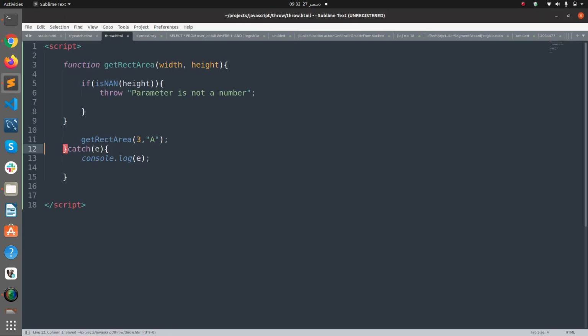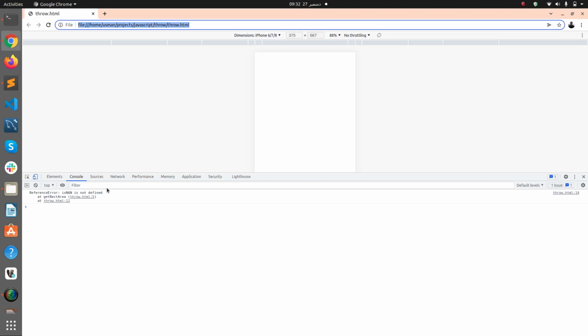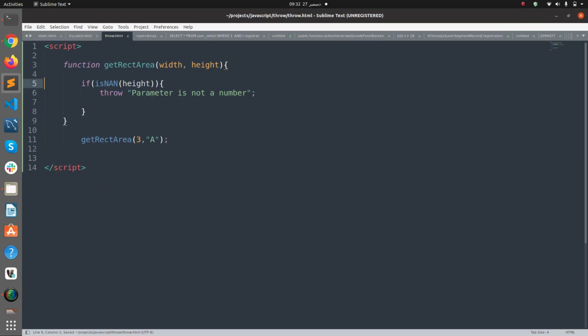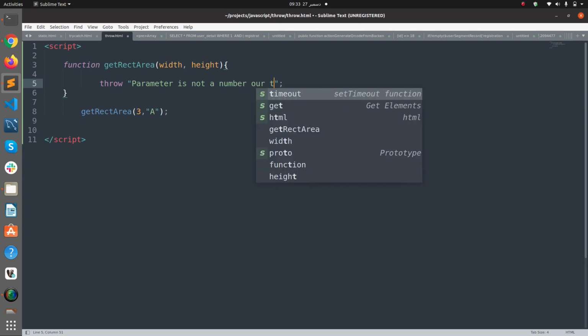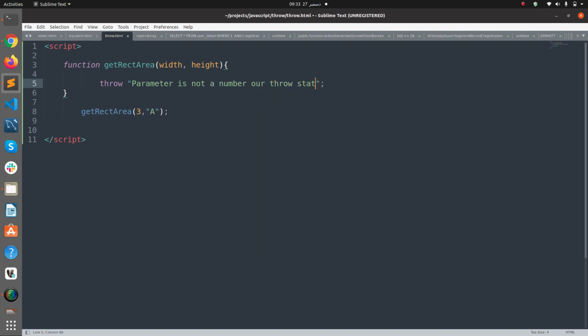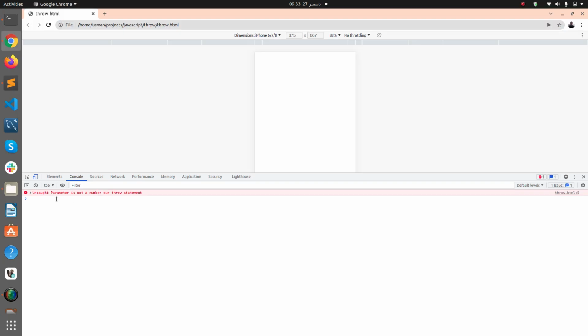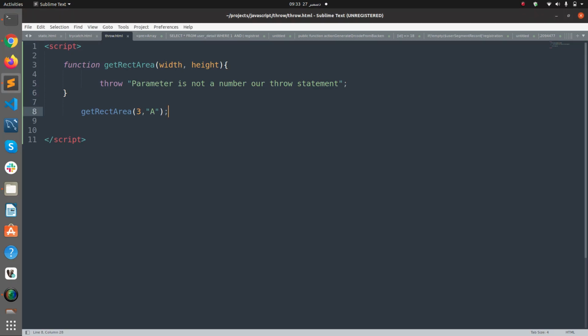Okay, if I remove the try catch block, now let's try this. And now we are getting our uncaught parameter is not a number. So I can say our throw statement. If I save this, now we get our own customized error that says parameter is not a number from our throw statement. And if we have this in a try catch block,